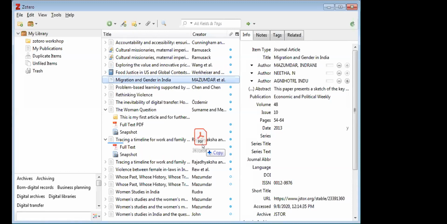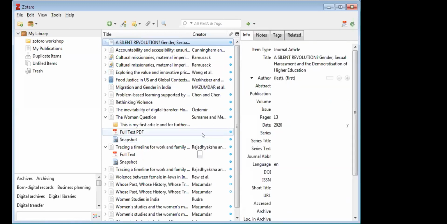In the middle pane, it will be automatically added to your collection. This is another way of adding a collection.